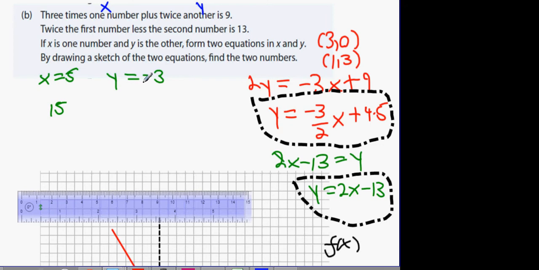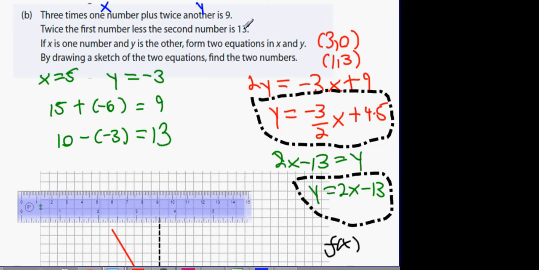Twice minus 3. What's 15 plus minus 6? 9. Twice the first number. What's twice the first number? Take away the second number. 10 minus 3. Is that the correct